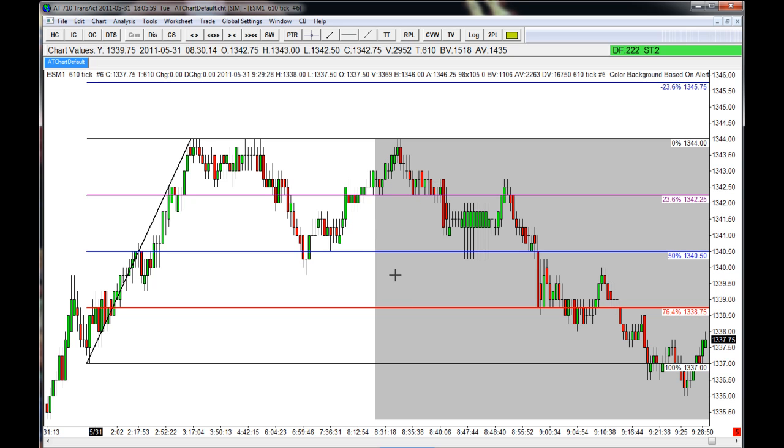This method I'm going to teach right here is specifically for the ES. Okay, pretty sure it can be used with other contracts. However, there are some parameters that are specific for the ES, like maximum and minimum distance between the pivots when you're drawing fibs, which I'm going to talk about later. Okay, like I said before, my entry is at the 50% level, and it is on the first bounce of